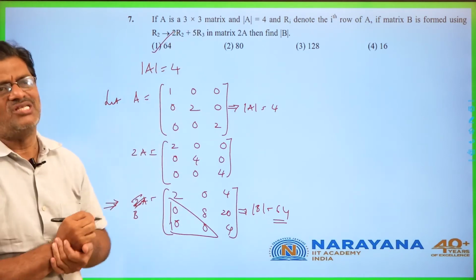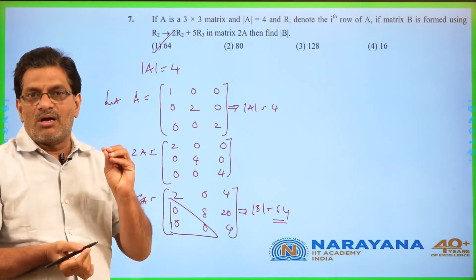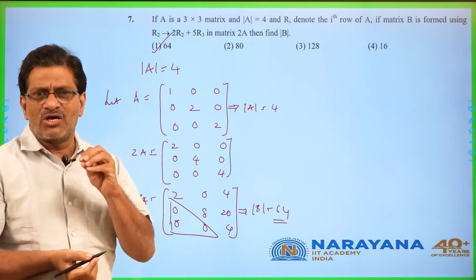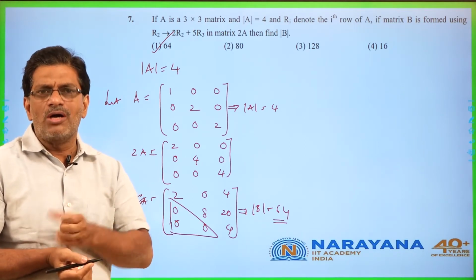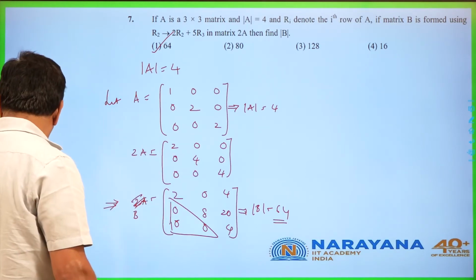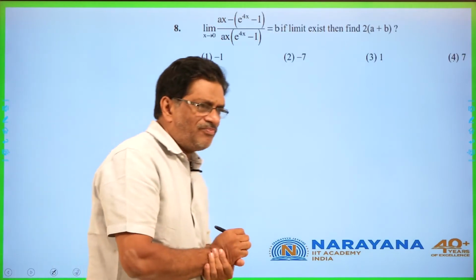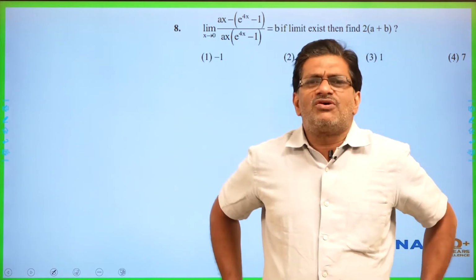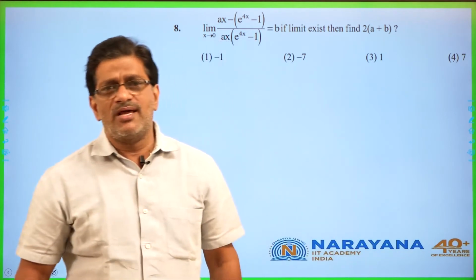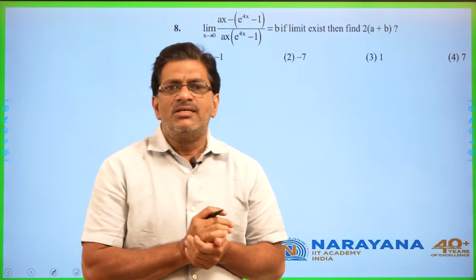By choosing the numbers also you can do it, but it takes a lot of time. Please see that you should not cross 1.5 to 2 minutes on any type of question at mains level. If you are crossing, somewhere we are going wrong, and it is better to adopt some techniques like this. Go to the next question. Question number 8. A simple problem. However, most of the problems in limits may be indeterminate forms he will give. You can use either L'Hopital's rule or else you can use expansions. Right?